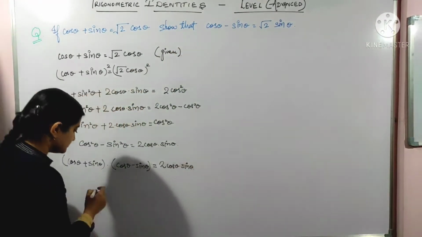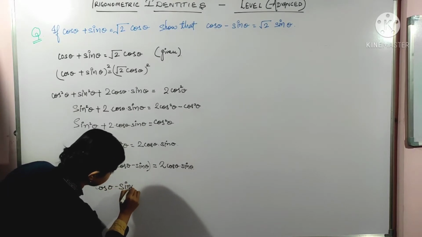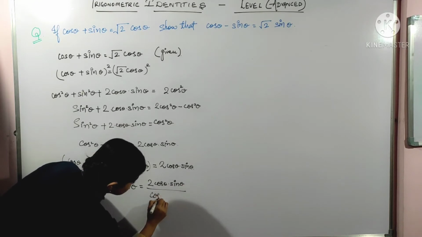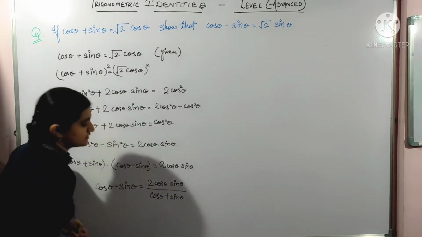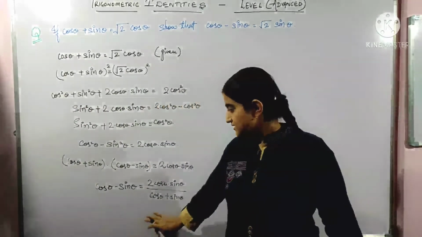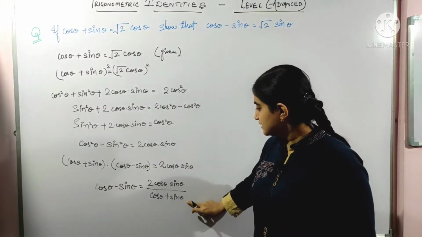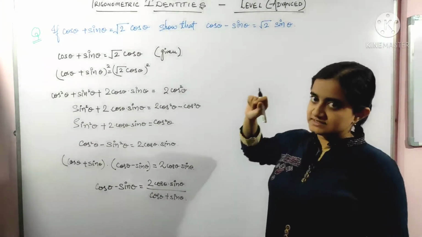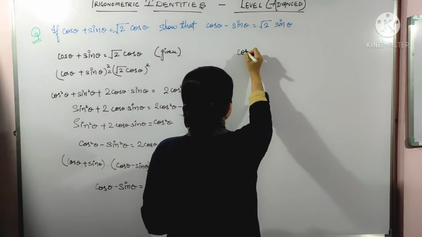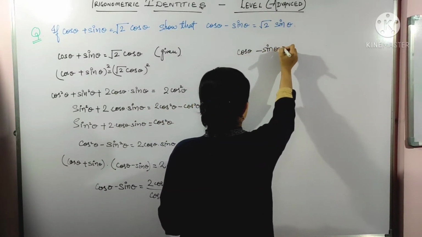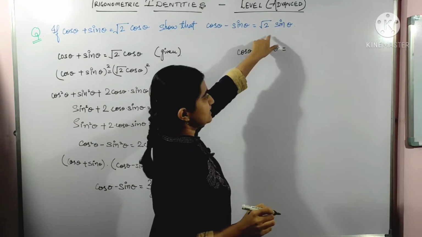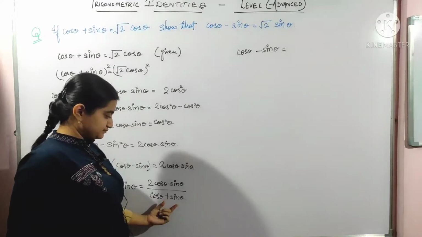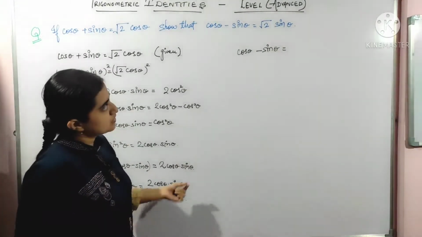Okay, so we will now write cos theta minus sine theta equals 2 cos theta sine theta upon cos theta plus sine theta. So this is what we got, but still we didn't achieve this. So what we will do, we will transform this to this, and now cos theta minus sine theta matches, but this side doesn't match. So what we will do, 2 cos into sine, and cos plus sine is there,